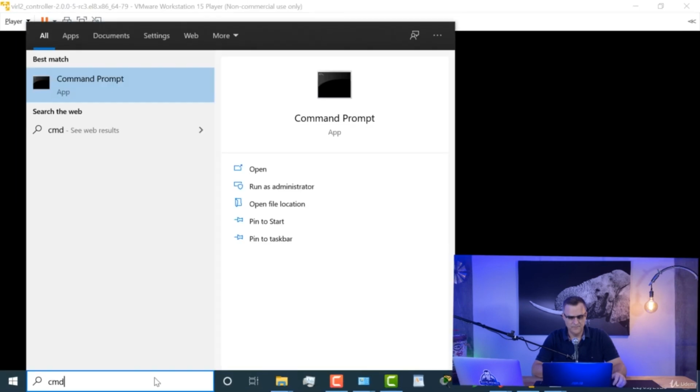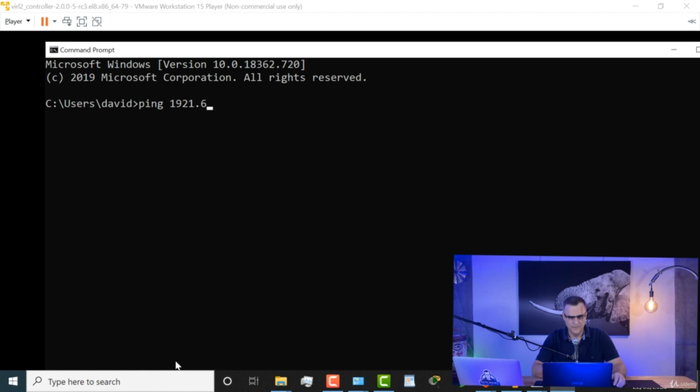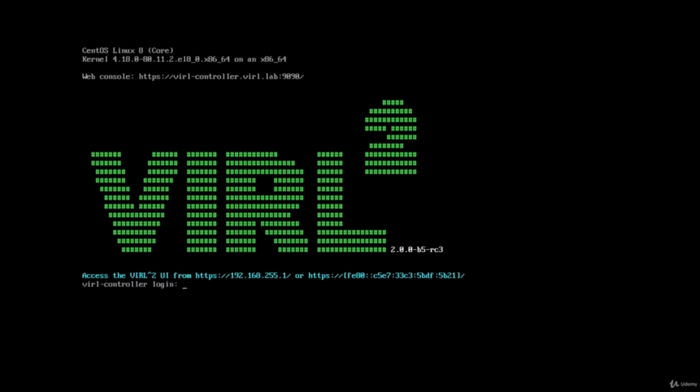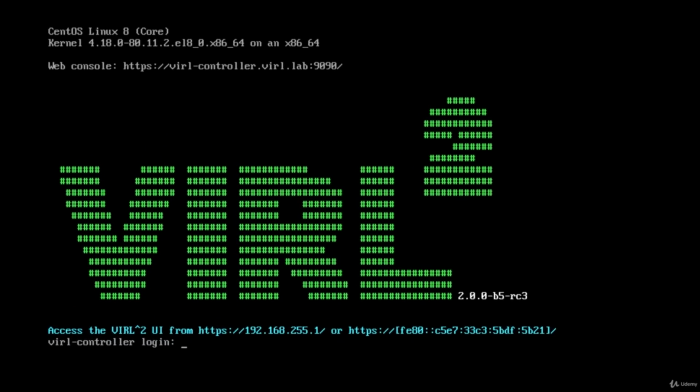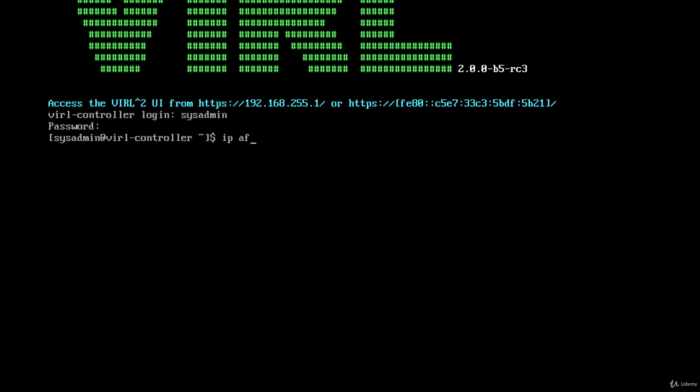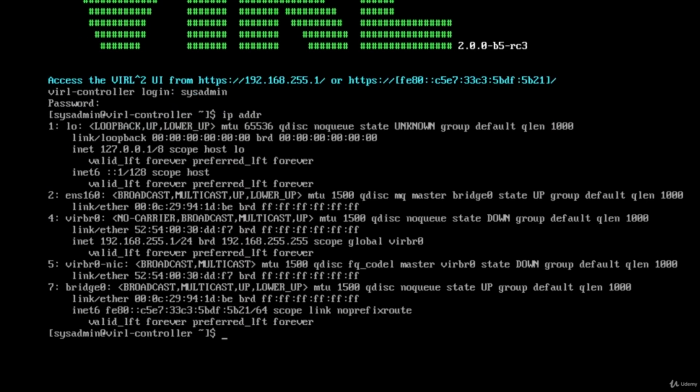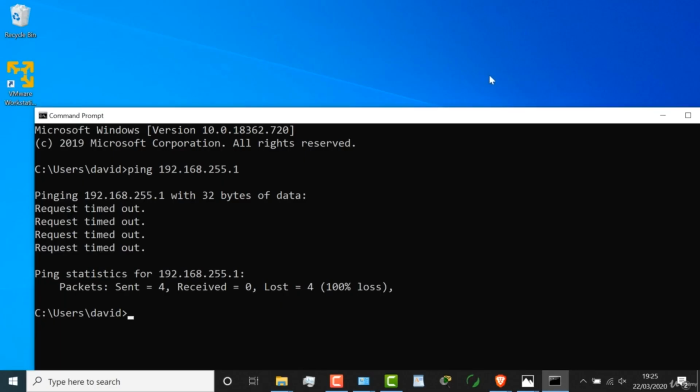So let's see firstly if I can ping that IP address, 192.168.255.1. At the moment, I can't ping that IP address. So let's log in. My user account was sysadmin. Password was Cisco123. I'll use ip address to see the address. We can see the IP address here is 192.168.255.1. But what I'm going to do is shut down the server. So shutdown -h now to shut down the server